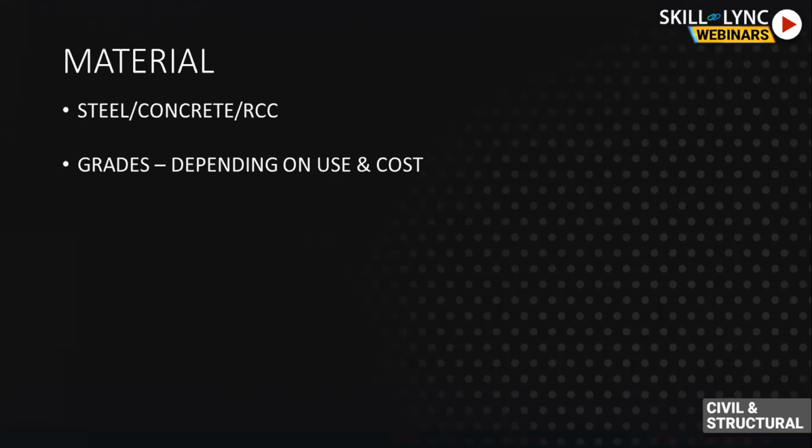Now grades. What is a grade? A grade is the inherent property of the structural members that are being used. A grade depends on the material; it is a material property, and it depends on the usage requirement of the project. Basically the yield strength, the tensile strength, the strength of the member comes from the grades.